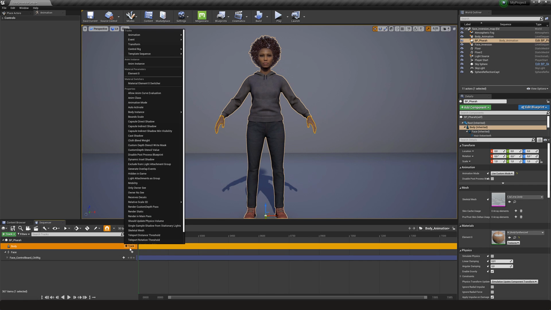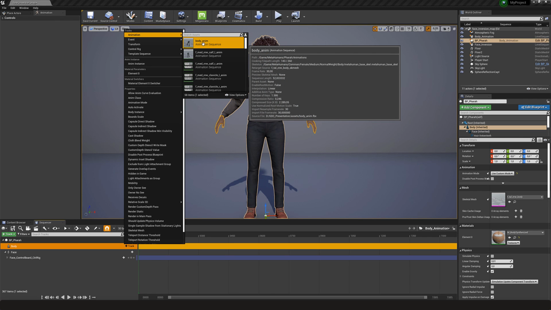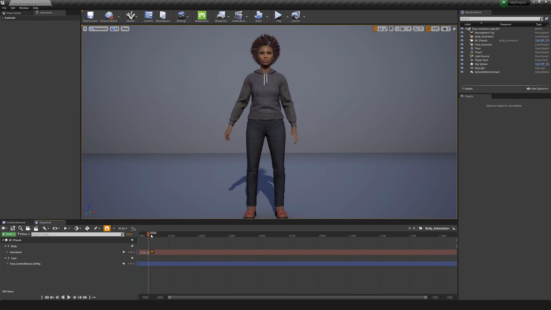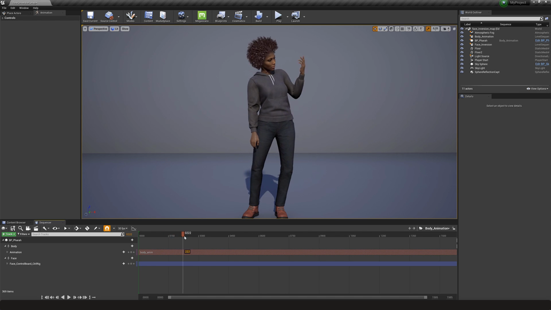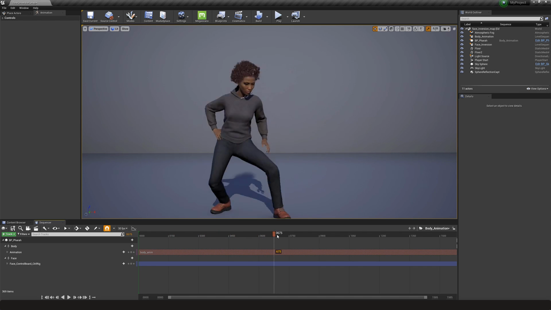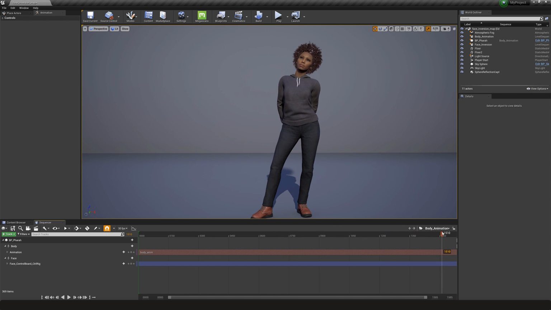In my sequence, I import the skeletal animation. And as you can see here, the mesh is still a preview asset because I forgot to click on apply to asset before I saved the animation. But it works as intended and Farah is looking great.